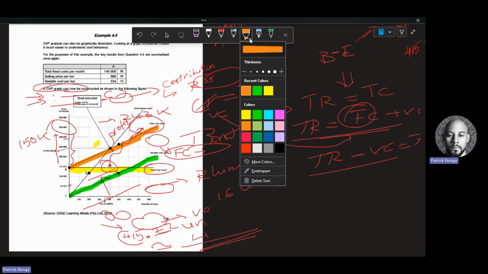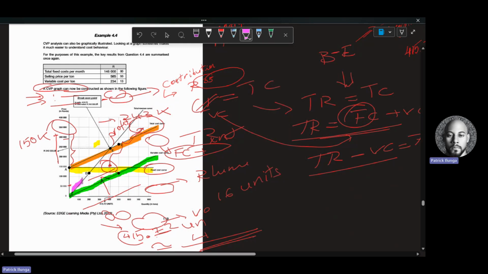But now see the line for the revenue. Okay, I'm going to give you a line here for the revenue. If you are not selling anything, you are also not getting any revenue. So that's the reason why it starts from zero. But whether you are selling something or nothing, it does not matter because you still need to pay your rent. You still need to cover your fixed cost, right? But here it is. You see this line here? It's going up.